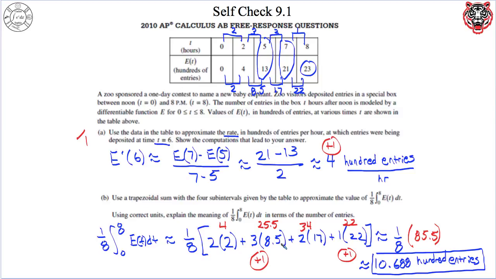Oh my gosh, and we did not finish part B. I apologize. So we missed a point, Mr. Sandell. We were 8 out of 9. We forgot the second part, using correct units to explain the meaning. So I'll just do that up here because I ran out of room. So sorry about that. So the meaning, we could say that 1 over 8 integral between 0 and 8